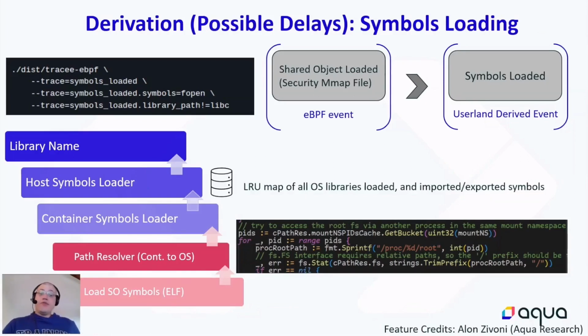Continuing an example of possible delays in the pipeline, we have one of the supported features, tracing symbols being loaded by shared objects. With this feature, it is possible to trace specific symbols being loaded and from which libraries they should or shouldn't be loaded from. In this example here, we're tracing all the fopen symbols coming from any shared object that is not libc. This allows us to trace all the preloads that would cause the symbol to be called from other libraries than the real ones. A security memory map file kernel event derives a symbol loaded userland event, if that is the